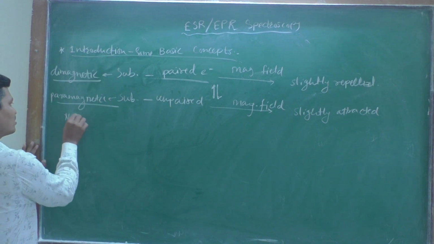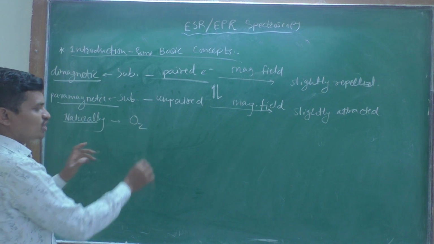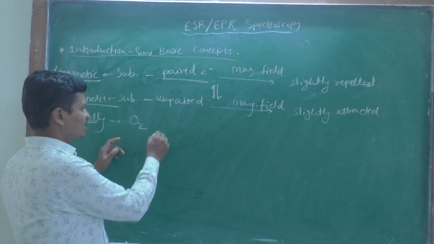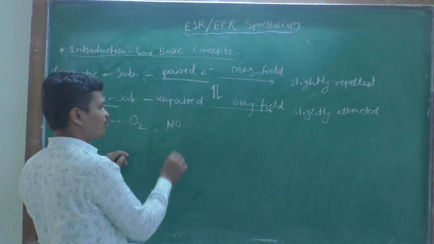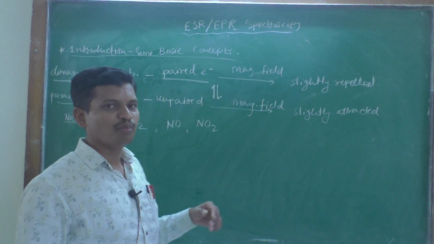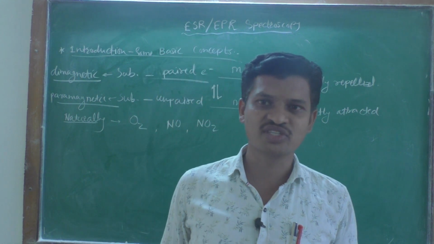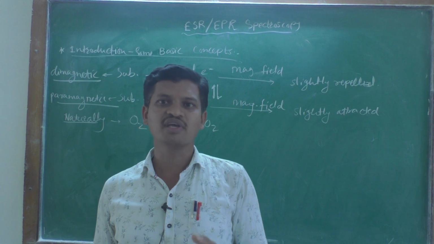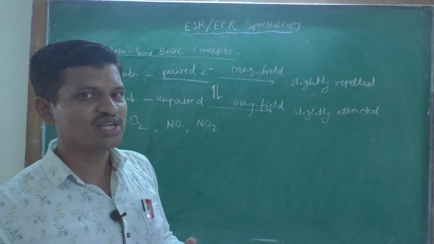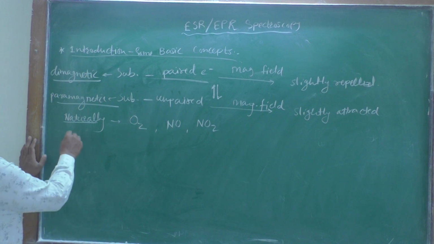Okay, now there are some naturally occurring paramagnetic substances, meaning they contain unpaired electrons. For example, O2. So the dioxygen molecule is a naturally occurring paramagnetic substance. Okay, then nitric oxide NO, then nitrogen dioxide NO2, and many more transition metal complexes in which the metal atom has unpaired electrons. Okay, so these are all naturally occurring paramagnetic substances, while the artificial